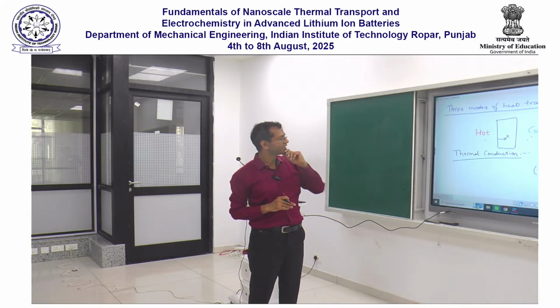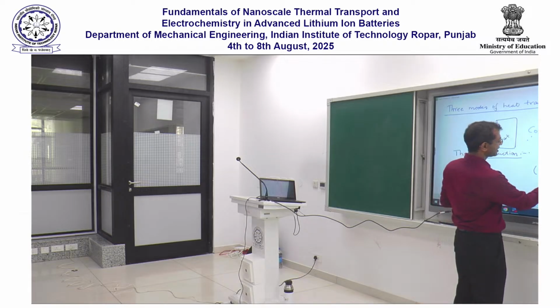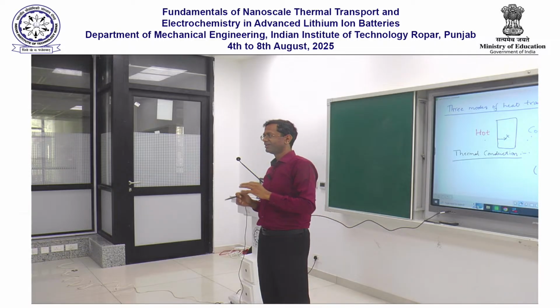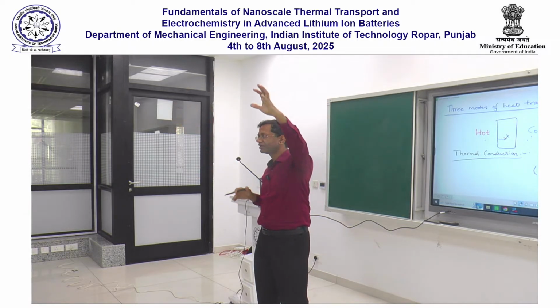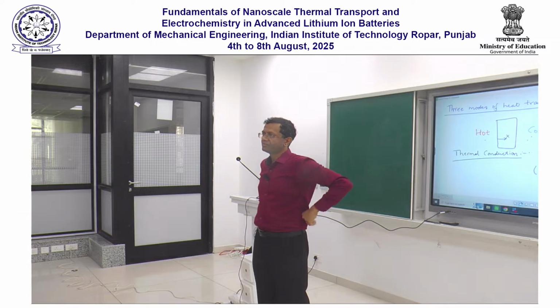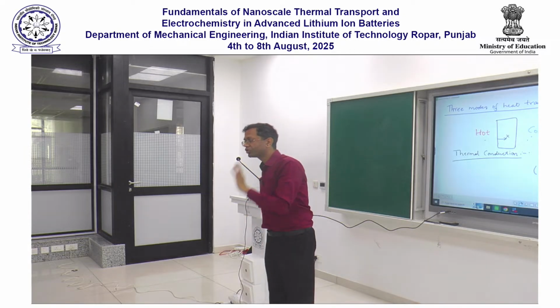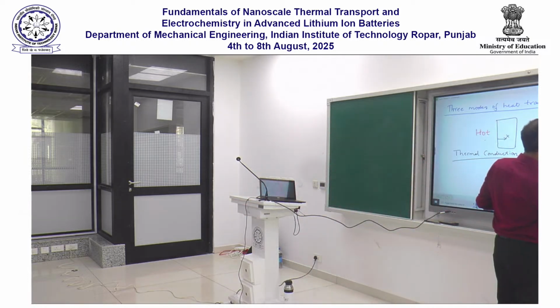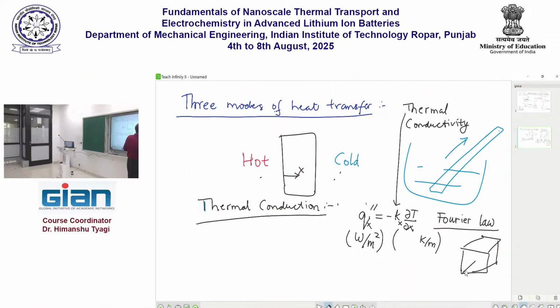I want to make a few more comments here. The first comment is that this thermal conductivity is in general a function of direction. Imagine a three-dimensional Cartesian world. The thermal conductivity in the three directions x, y and z could be different from each other. In most materials that does not happen. If I take a block of copper, then the thermal conductivity of this block of copper in the x, y and z directions is expected to be the same, right? However, if I take a composite material